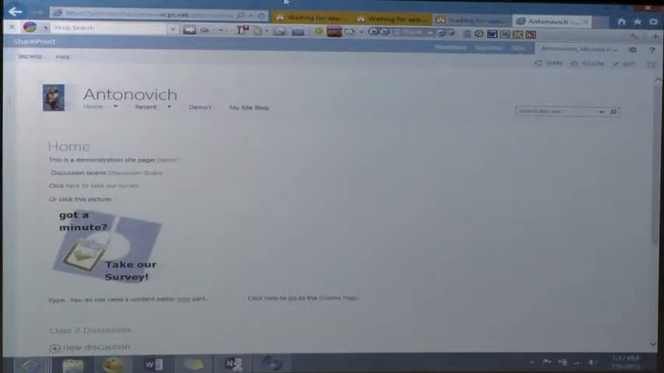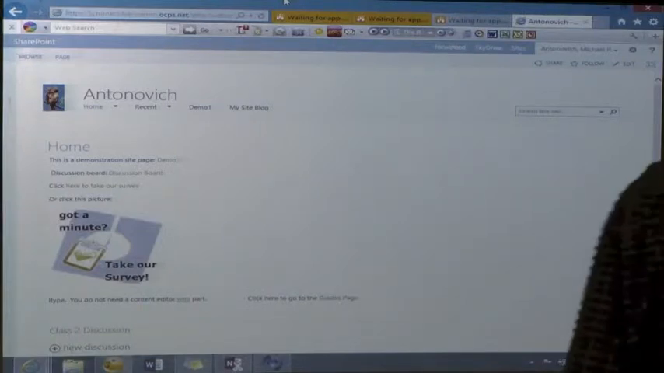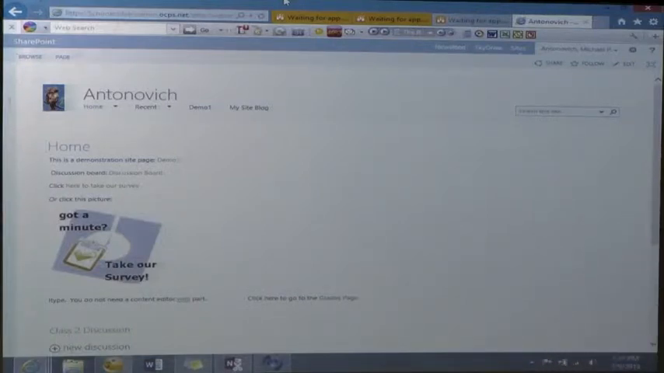Does everybody have a page that we can work with? Okay, once you have a page that you can work with, in order to edit a page, you have a couple of options. One of the options